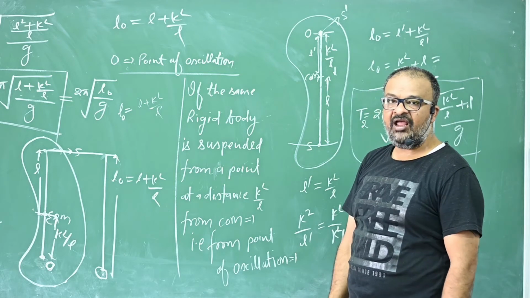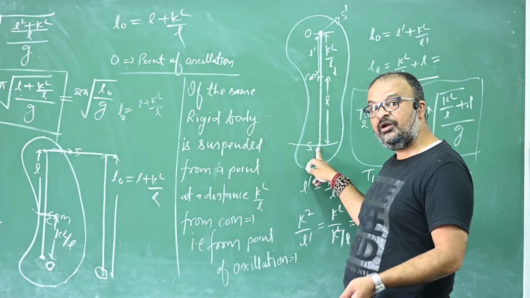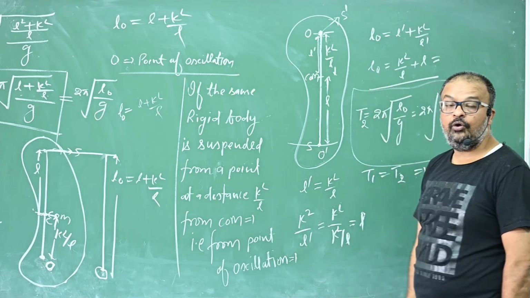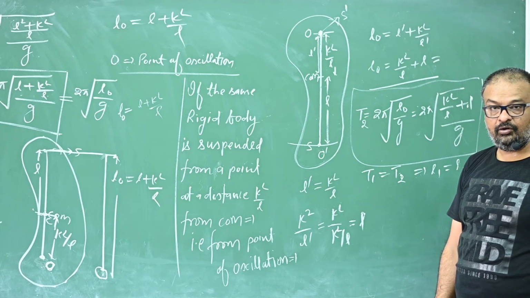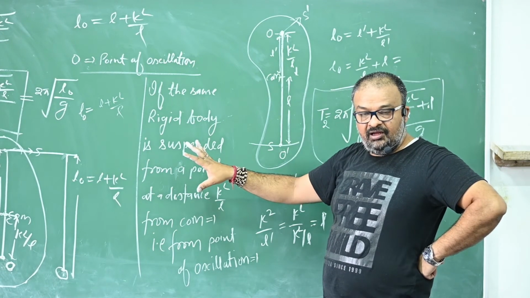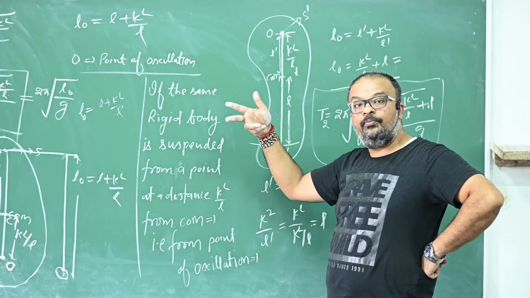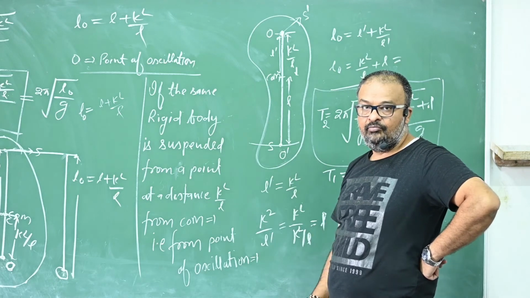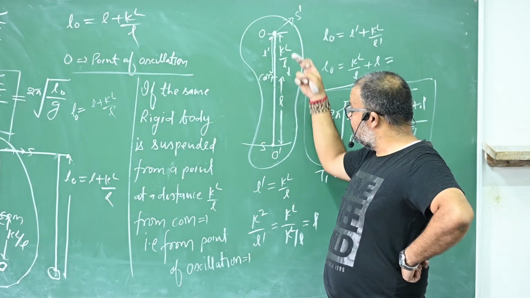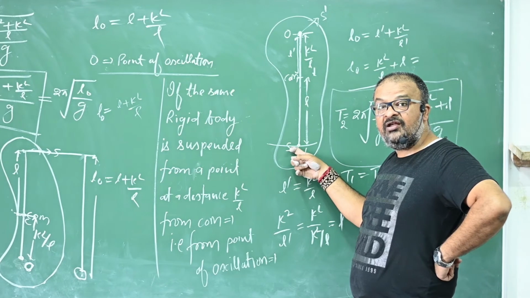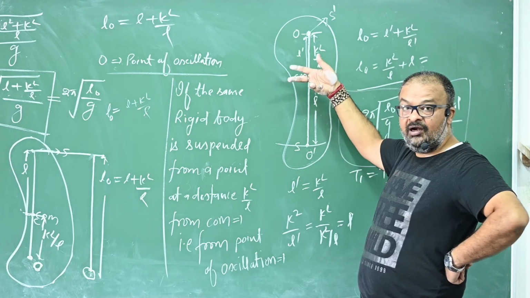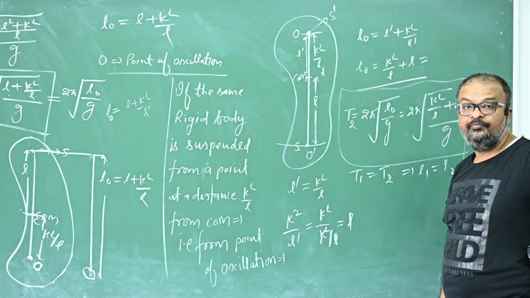Let's say this is S dash, and this point, which was previously the point of suspension, is now the point of oscillation. So now it is named O dash. Getting me or not? Let's talk again. When the same rigid body is reversed and suspended from the point of oscillation, this point of oscillation becomes the point of suspension, so it is named S dash. In that case, this point S behaves as the point of oscillation, so it is named O dash. Right? So the points are inverted, but the time period is the same. Is that okay?